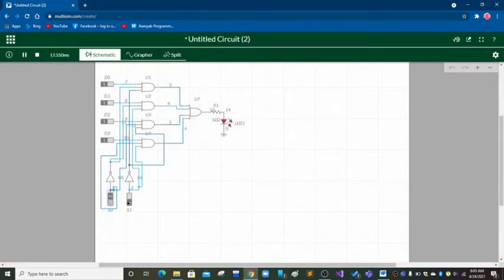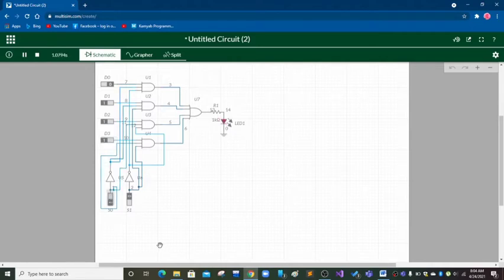When the S0 and S1 is 0, the D0 is working. When it is 1, the LED is brightened, and when it is 0, it is off. And the states of D1 and D2 cannot make any change to the LED.